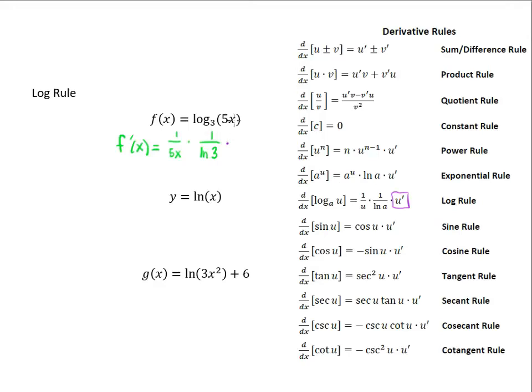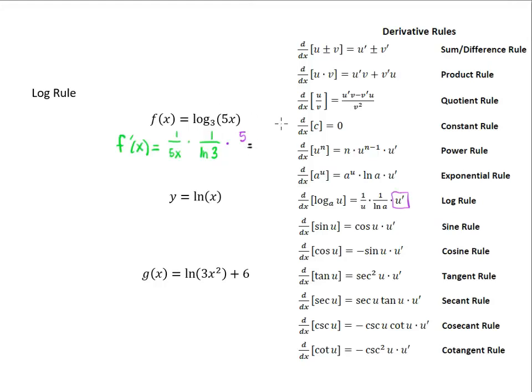So we're going to times by the derivative of 5x. We know what the derivative of that is. Since it's just our little linear friend, it's 5. Now make sure that we are timesing it by 5, not 1 over 5. That 5 is in the numerator up here. Okay. Now as we clean this up a little bit, we got